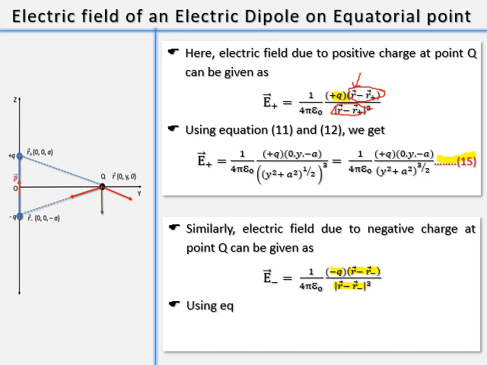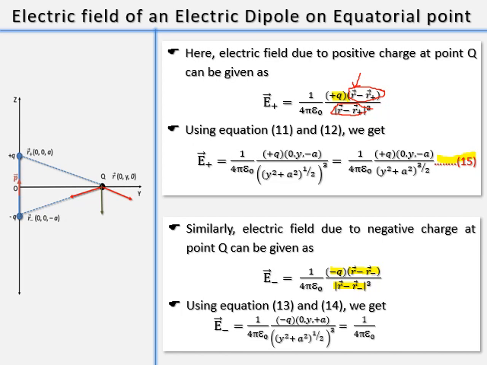So using equations 13 and 14, substituting values, we get E negative to be 1 by 4 pi epsilon 0 minus Q into (0, y, a) upon y square plus a square raised to 3 by 2, and let this be our equation 16. So what we have got in equations 15 and 16 are the electric fields at point Q